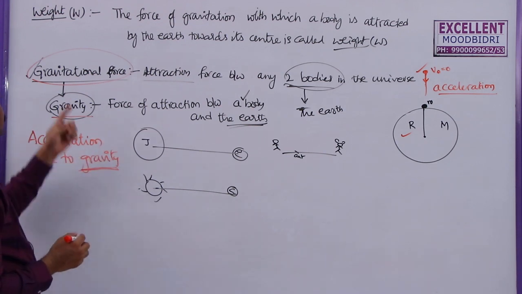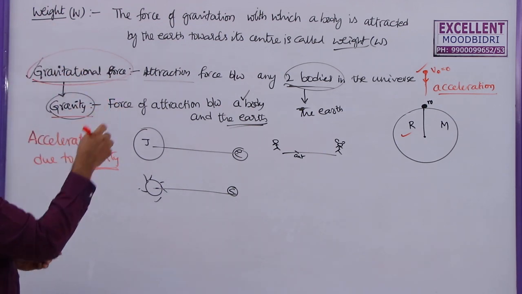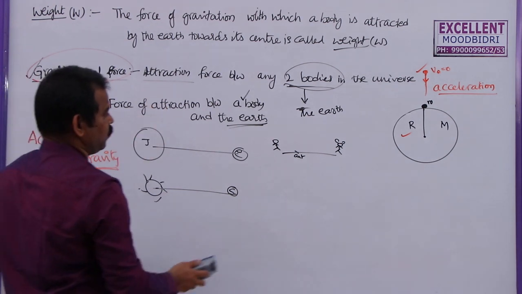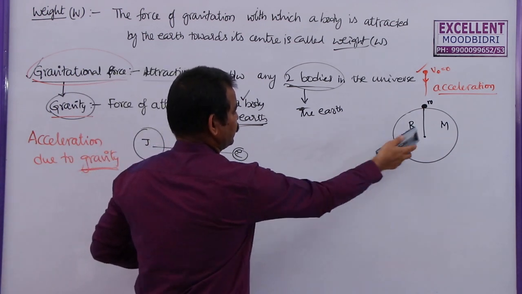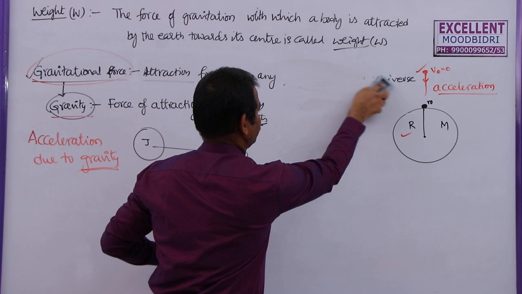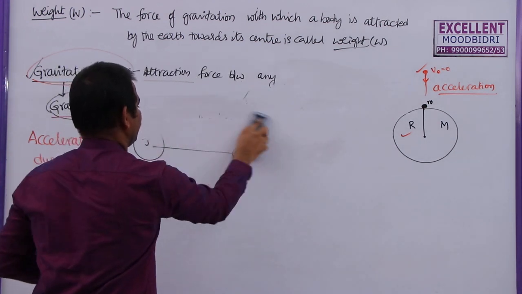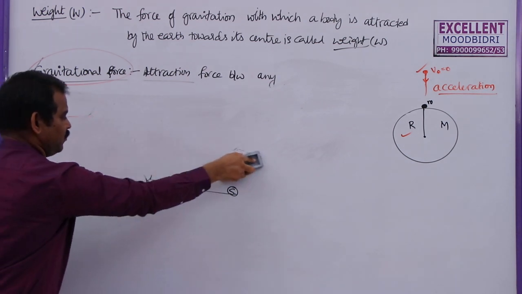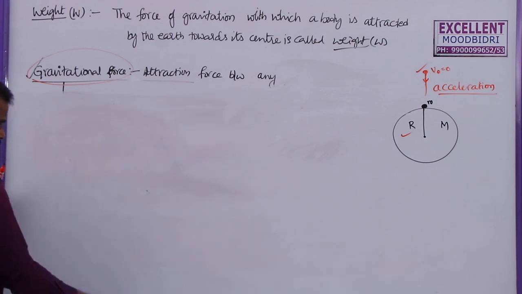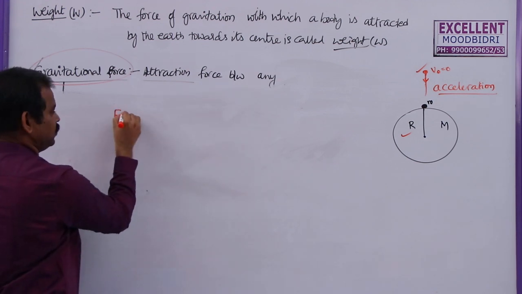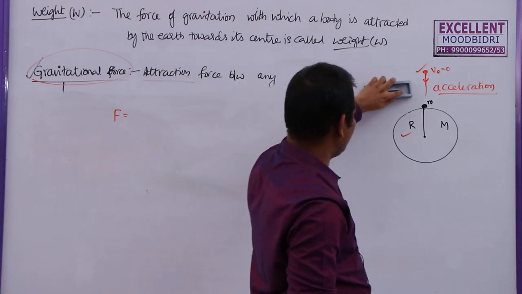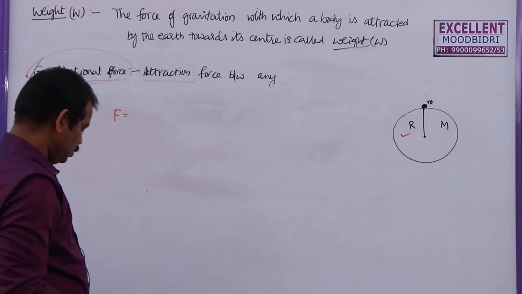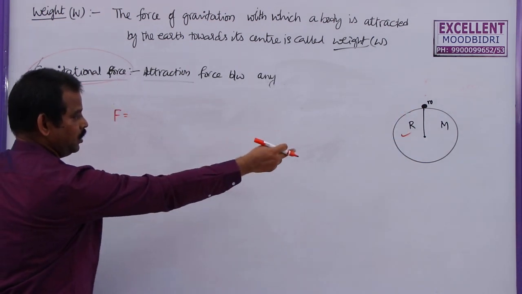Now in this case, consider that weight is nothing but the gravitational force of attraction, the force with which the body is attracted by the earth. So here I am going to write the force between these two bodies, when the body is kept on the surface of earth. According to Newton's law of gravitation, we can write F is equal to capital G m1 m2 by r square. So what is the force of attraction between these two? Forget about the body which is falling from a height. I am going to take only the body which is kept on the surface of earth. What is the force of attraction between that body and the earth?